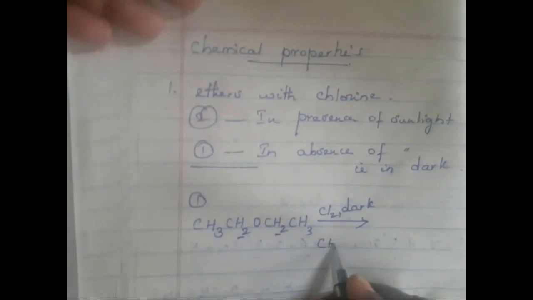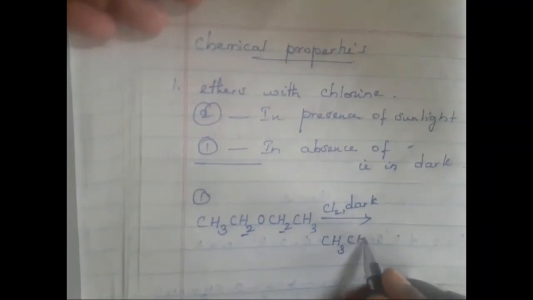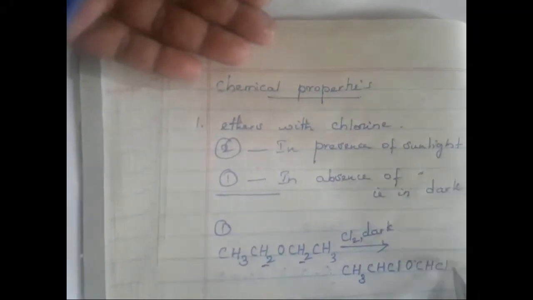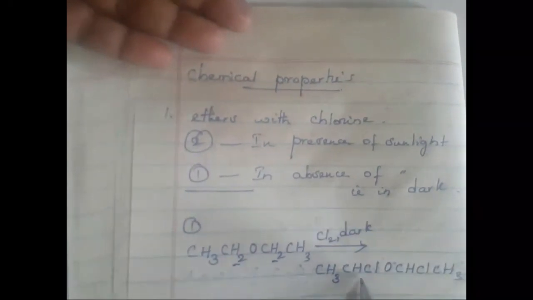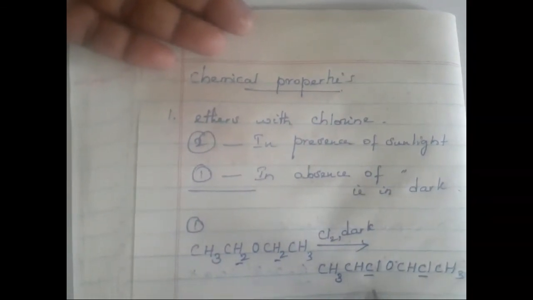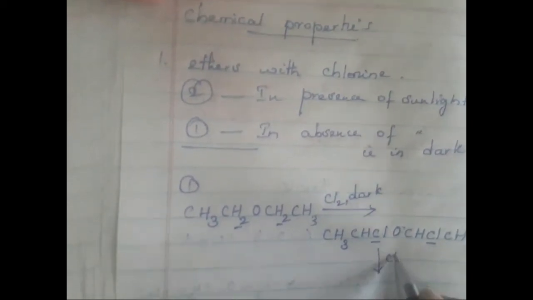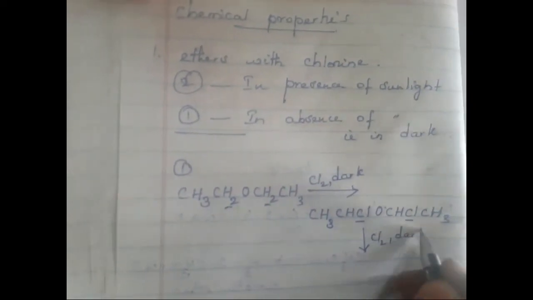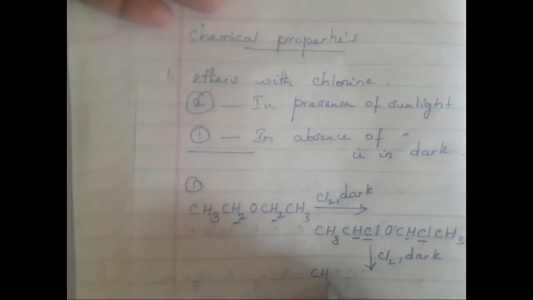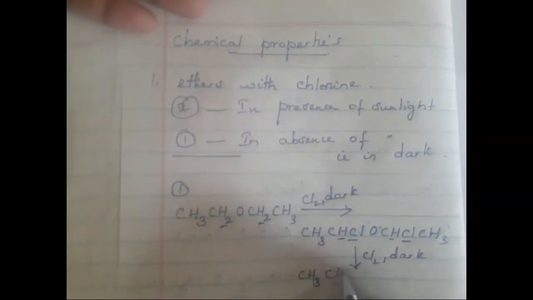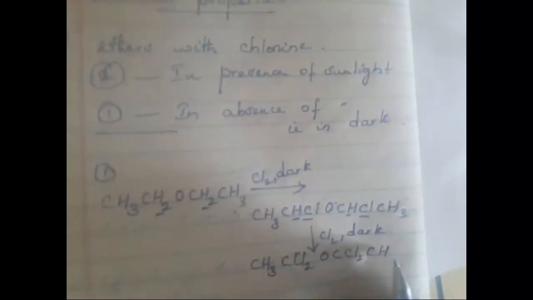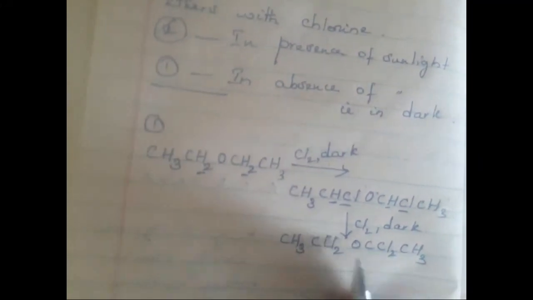So the compound formed will be CH3CHClOCH2CH3. Now I have replaced one alpha hydrogen by a Cl group. This reaction will proceed further. Under the same condition, another alpha hydrogen will also be replaced by a chlorine atom. So the compound formed will be,